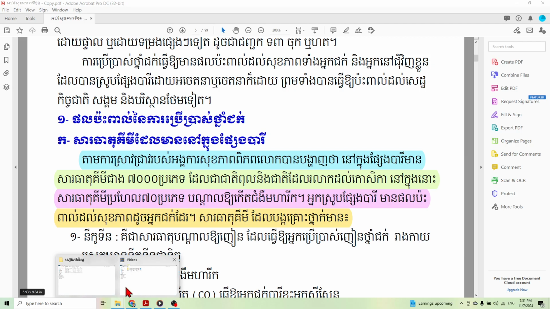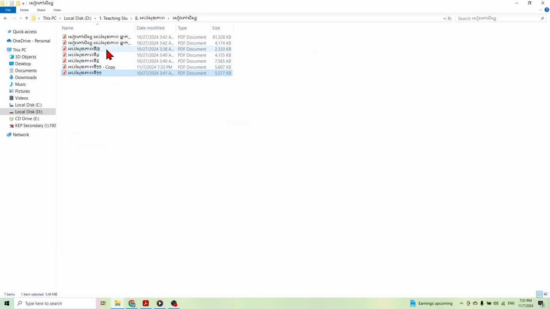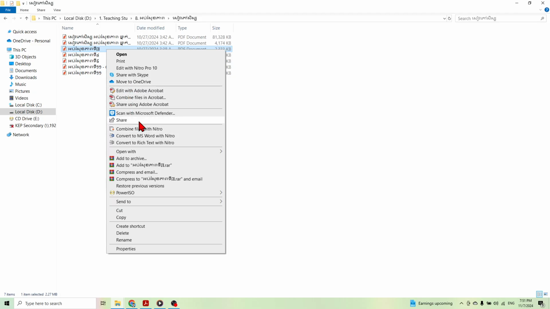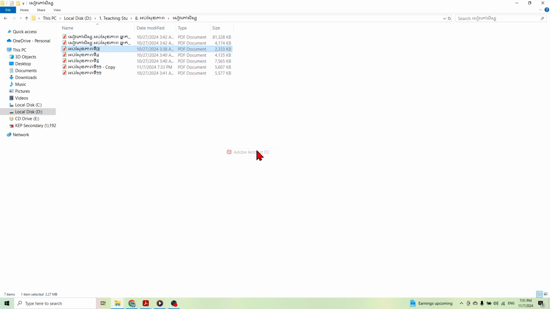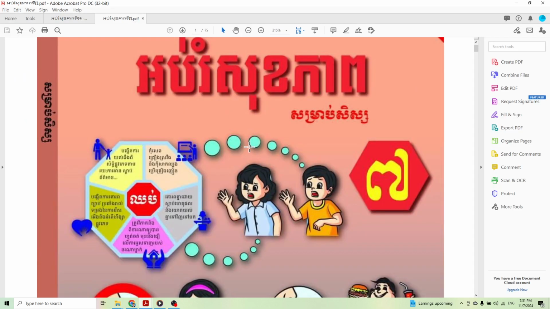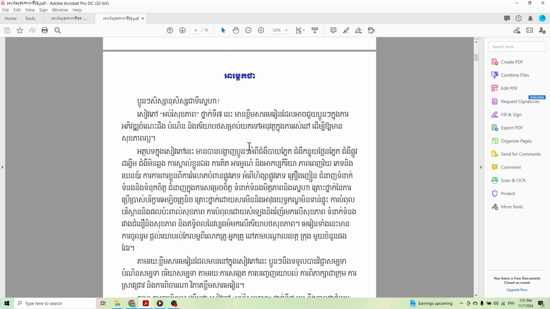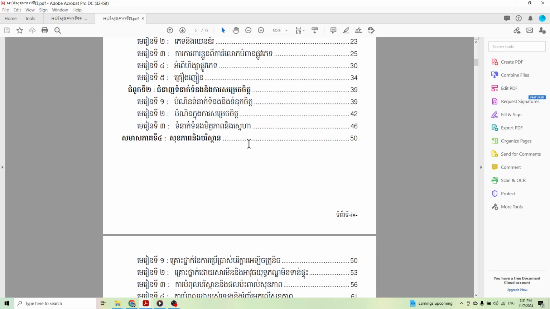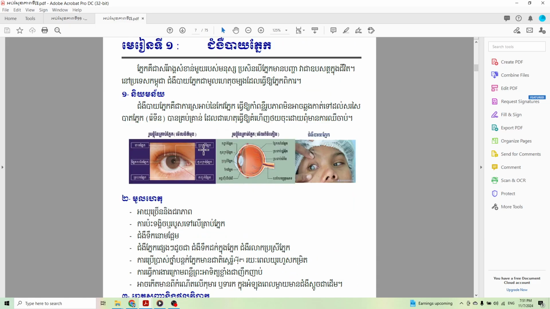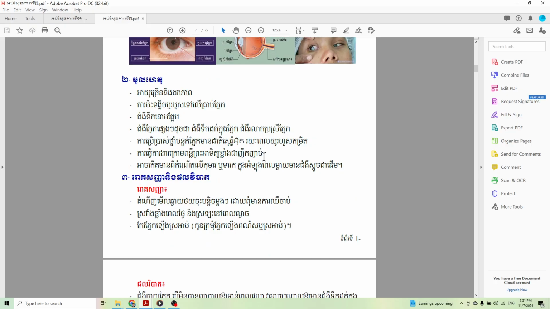First of all, you need to go to your file and then you can open with Adobe Acrobat Pro DC for this one, and then you can go down to find where you want to highlight it. For example, okay, and then if you want to highlight these sentences, you just go to tool, this one here, tool,